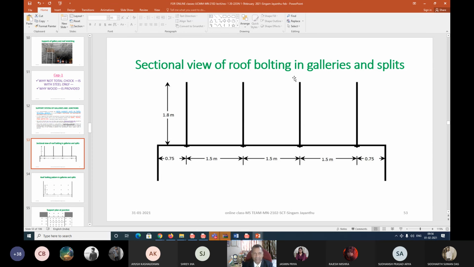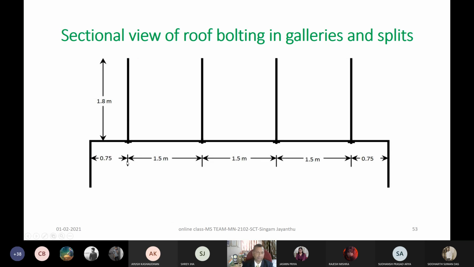So this is a sectional view, which you could not see, and I am again projecting it here: 0.75 meter from the sides, and then 1.5 meter spacing in between in the row, and 1.8 meter long bolts. These are resin bolts that are used, and each bolt's capacity, of course, will be decided by the testing we do in that mine, because each